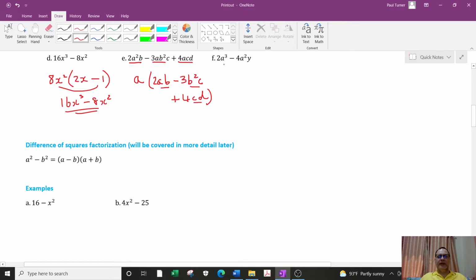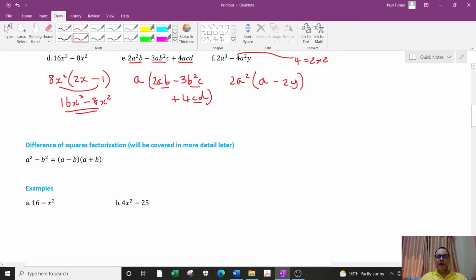In question F, we have 2a cubed minus 4a squared y. So 2 looks to be a common factor because 4 is 2 times 2 here. So 2, and we have an a squared and an a cubed. So take out the smaller power, a squared. So 2a squared times a is 2a cubed. 2a squared times what is minus 4a squared y. So that would be minus